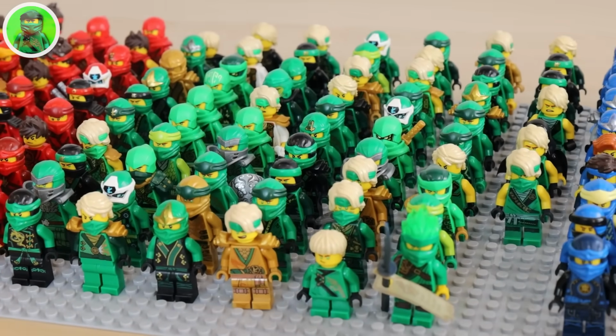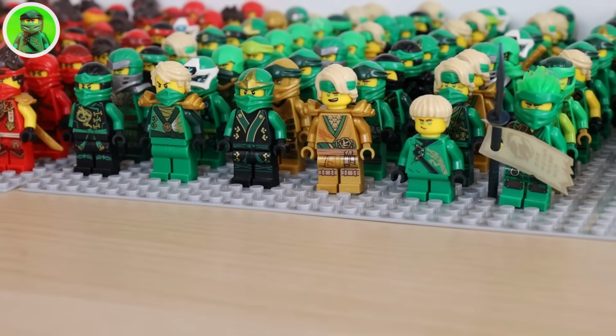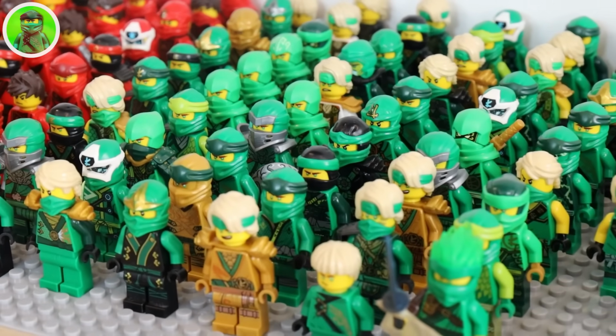But over the years, Lloyd has had so many minifigures. In fact, I actually have 78 Lloyd minifigures. Are you kidding me? Why do I have 78 Lloyd minifigures, you ask? I don't know, maybe I hate myself. I'm kind of losing my mind now that I've realised how many I actually have in my collection,